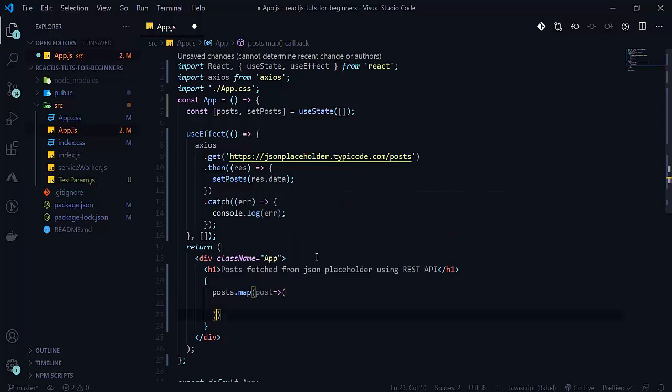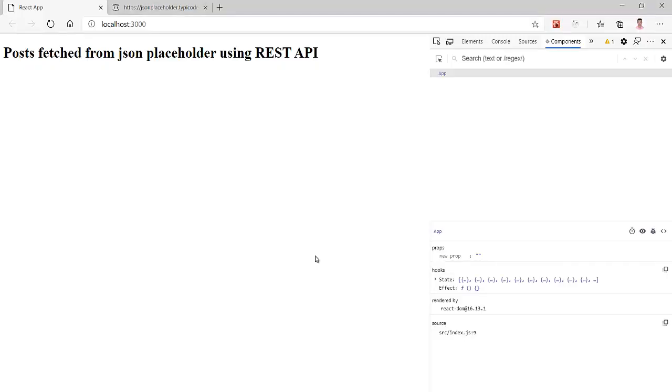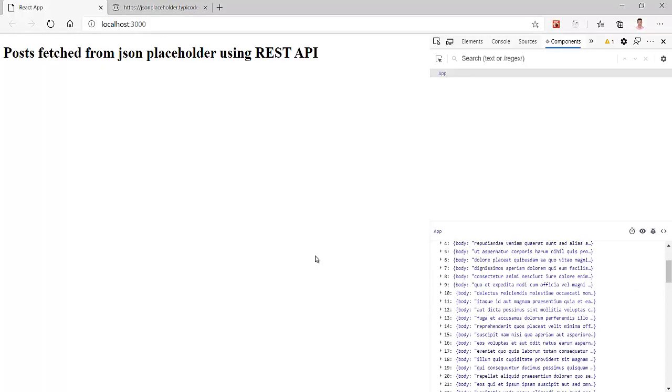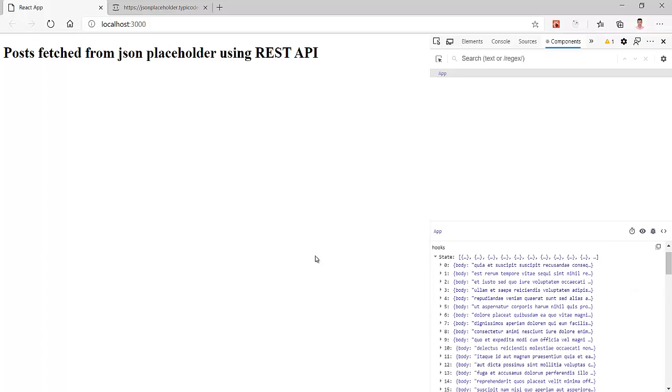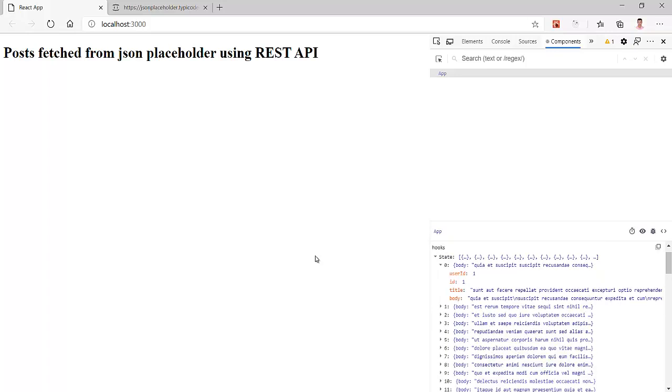Parentheses mean we are going to return something. Let's see what is in the state. In the state there is userId, id, title, and body.